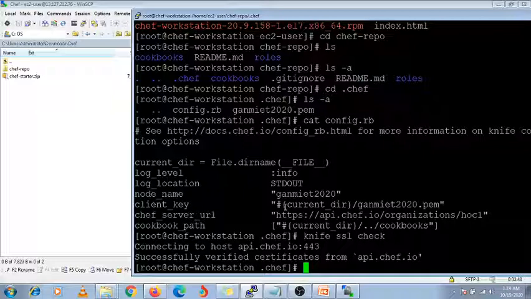So here you will see successfully verified certificate from api.chef.io. Basically this SSL check will verify the certificate from your Chef server, right? So this command you need to run before starting this configuration.